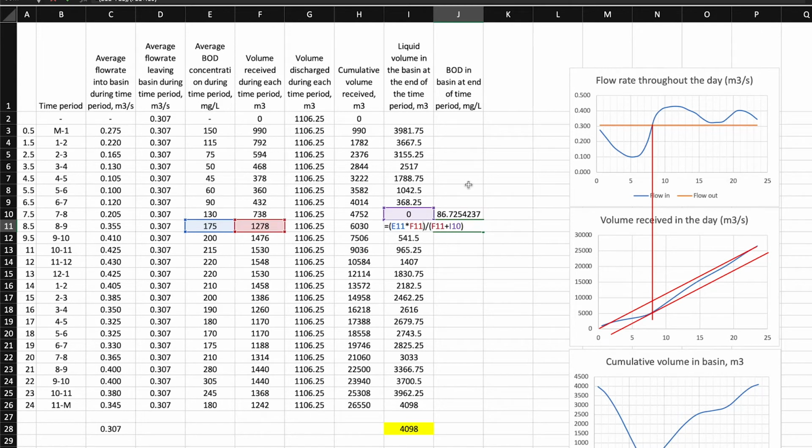Now in this one right here, we're just going to make sure that it is equal to 175, which is the concentration that's coming in during that period, because that's when the tank empties out completely. So whatever comes in, that's what concentration of BOD it's going to have. Now we can take the equation though and copy it down to the other cells. All right, so take this equation, copy and paste it down,